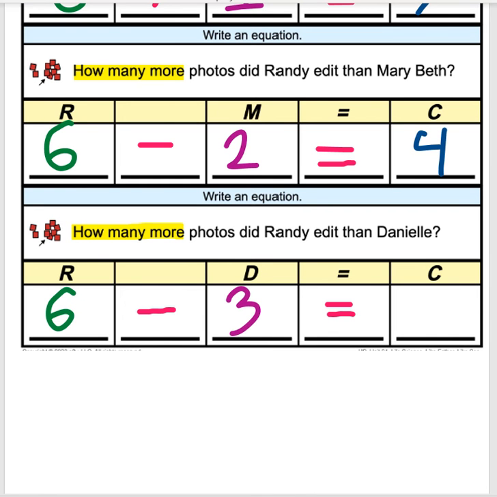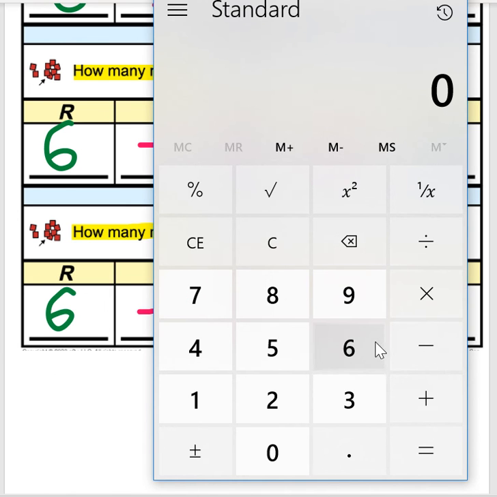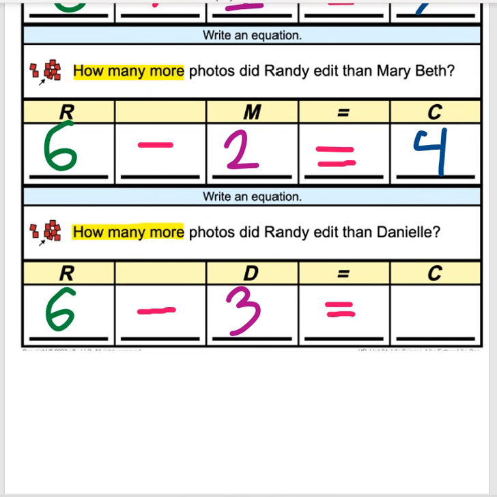Now remember, our question asked, how many more photos did Randy edit than Danielle? So our equation reads 6 minus 3 equals blank, or C, and C is how many photos more. So we're going to go ahead and use our calculator. We're going to do 6 for Randy minus 3 for Danielle, and that gives us 3. So 6 minus 3